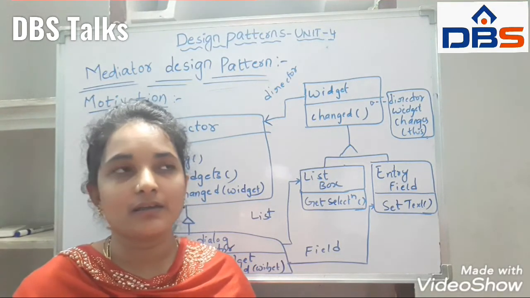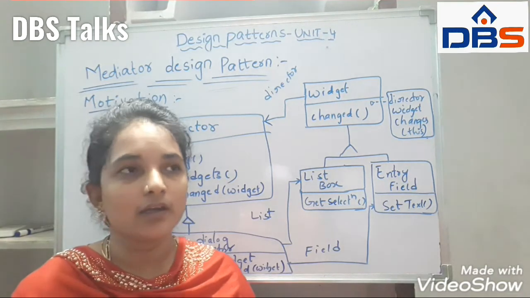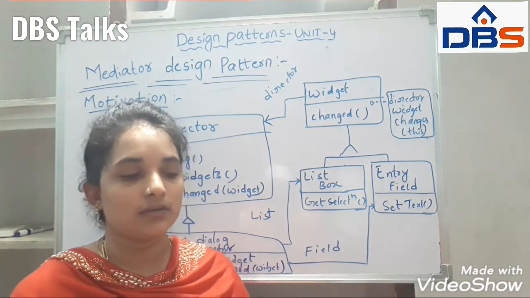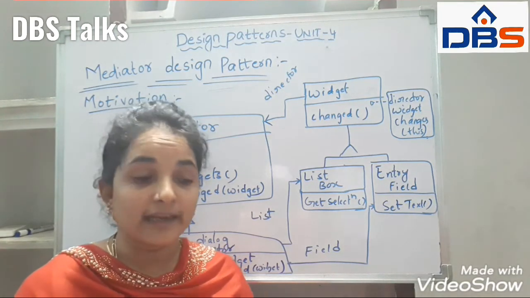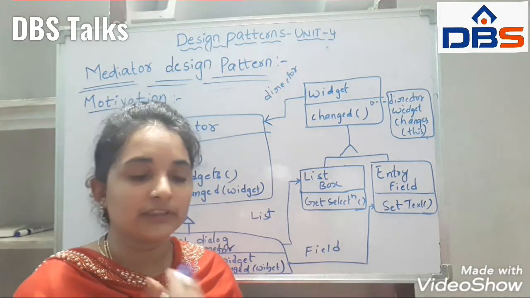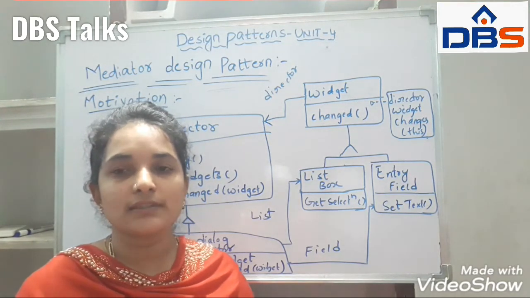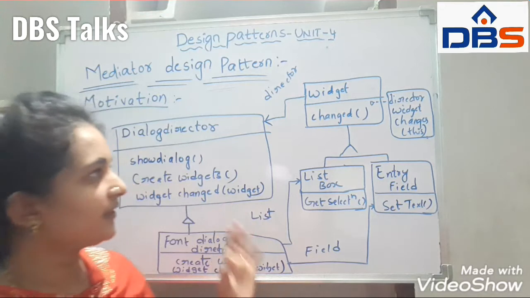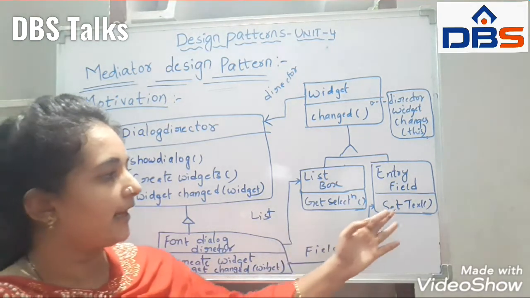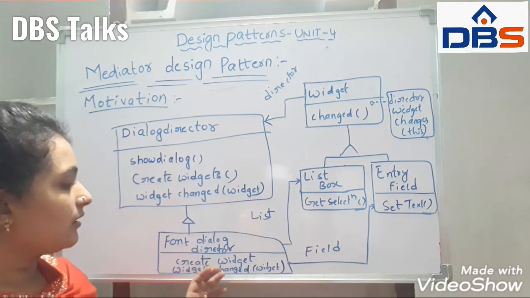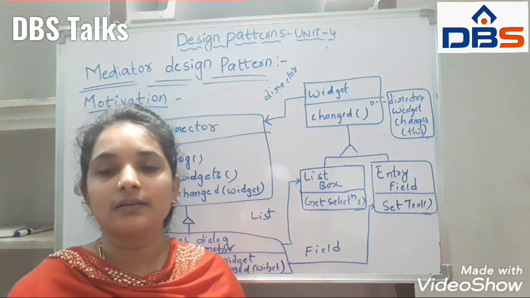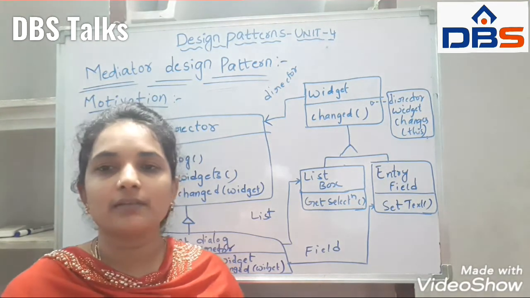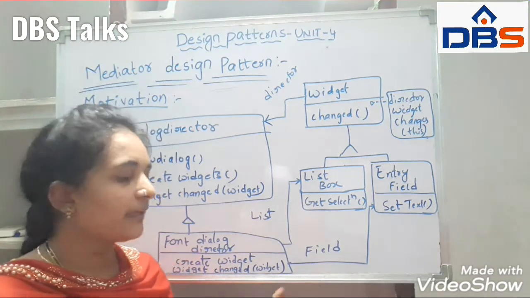If you want to change to italic style, I will select the italic one and the text will be changed. Like the entry field will be selected, and directly we can also type the text in the entry field. So these are the different ways we have to select the information in the widgets, and give it to the text, and the text or font size will be changed. This communication occurs in the mediator design pattern.